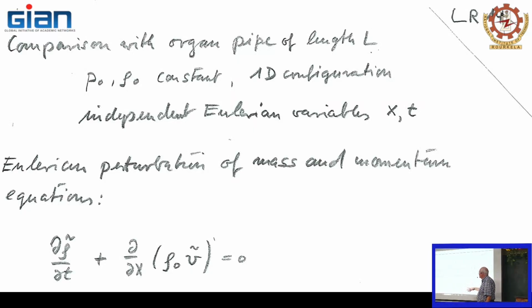The organ pipe contains air with constant pressure, P0, constant density, and it's similar to our star. It's a one-dimensional configuration. We had in the introduction already considered the organ pipe as an analog of our pulsating stellar system. We use independent Eulerian variables x and t. This time we go to the Eulerian variables, and we consider the Eulerian perturbation problem, Eulerian perturbations of mass and